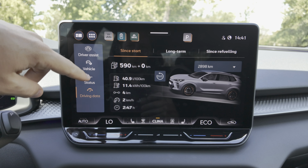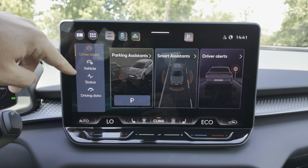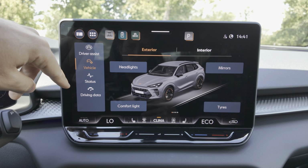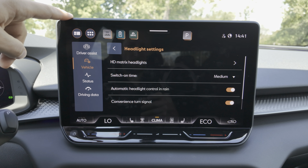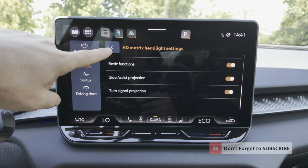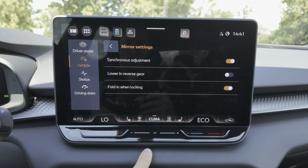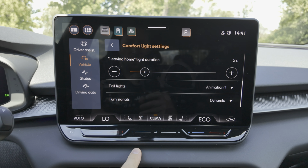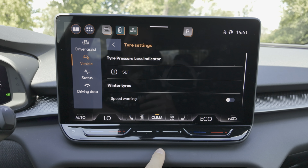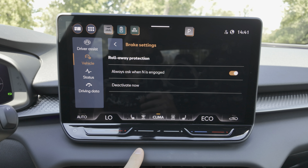I already showed you almost all those settings, but here not only the safety features you find, but you find also the vehicle information like the headlamps, because we have matrix LED headlamps. You have some extra settings here on the headlamps. You have also the mirrors. We have comfort lights, tires, if you slide it right, brakes settings,